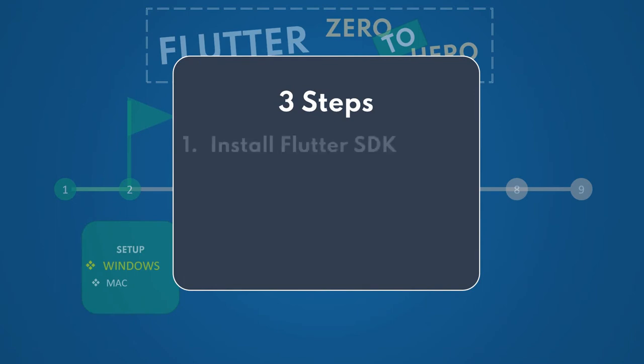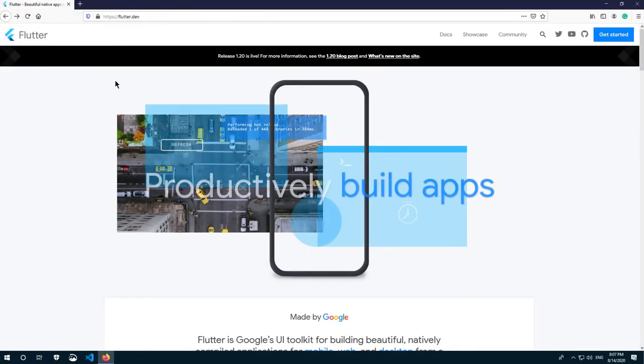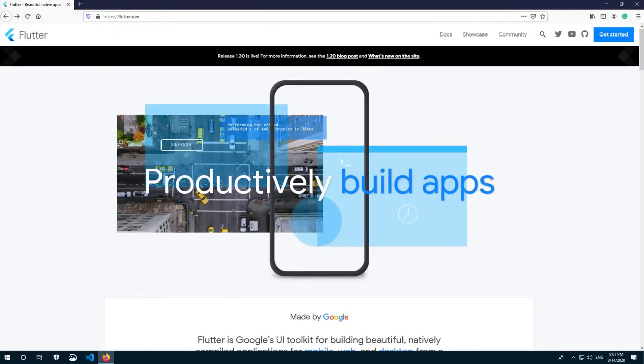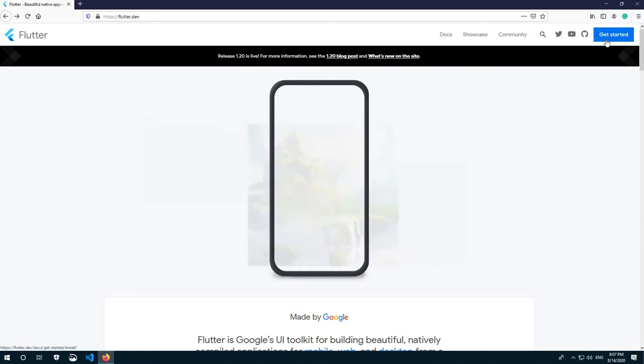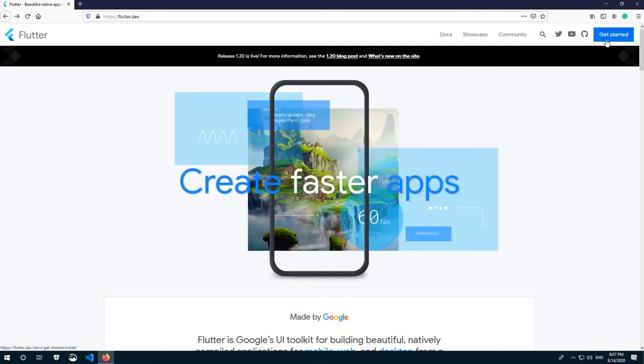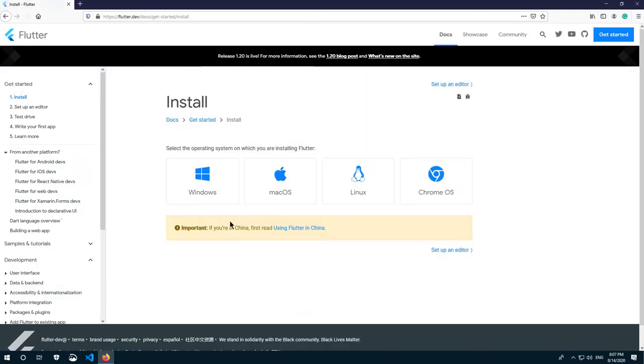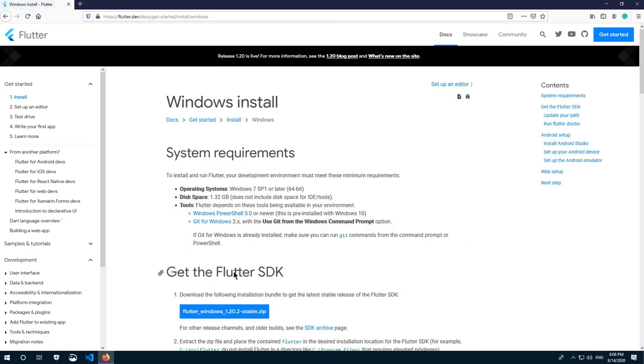Number one is install Flutter SDK. So first you have to go to flutter.dev, then press this big blue button, Get Started. Here you can see all the options like Windows, macOS, Linux and Chrome OS. You have to press Windows, and there you can see